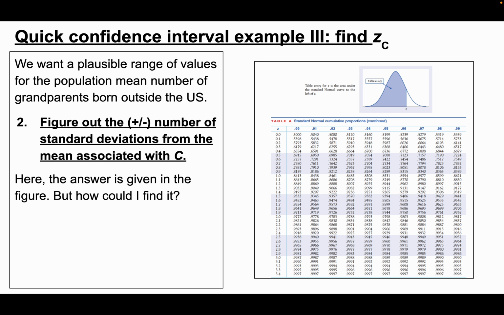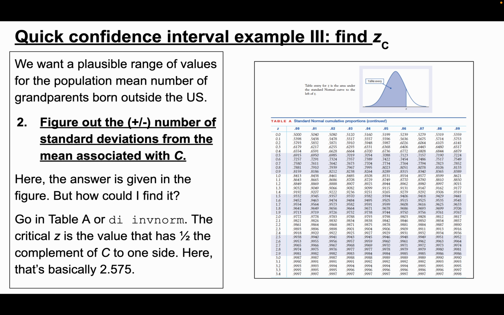So how do we find that number of standard deviations? Here it's given in the figure, but how could I find it? You could go to table A or use display inverse norm. The critical value Z is the value that has 1/2 the complement of C to one side. So the complement of C in this case is 0.01, because we want 99% of the area under the curve